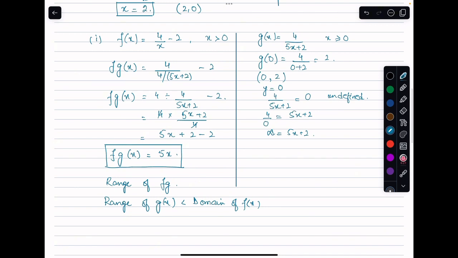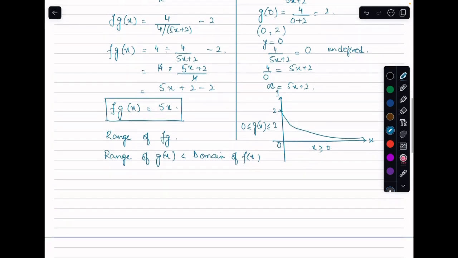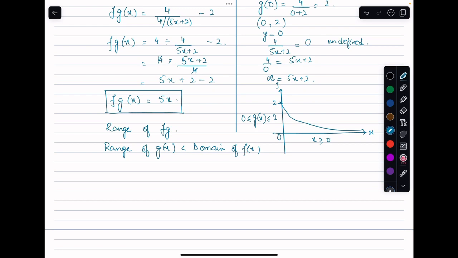Now that means if I sketch the graph of the function g, the domain value is all x greater than or equal to 0, and the range of the function I can see is 0 less than or equal to g of x, which is less than or equal to 2. So this is the range of g, and it should be within the domain of f of x, which is x to be